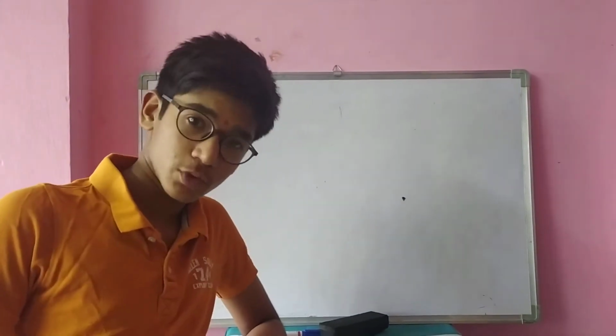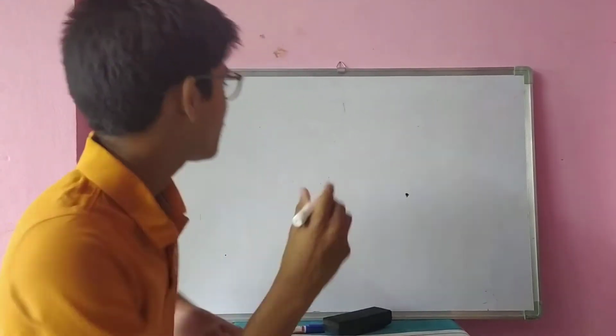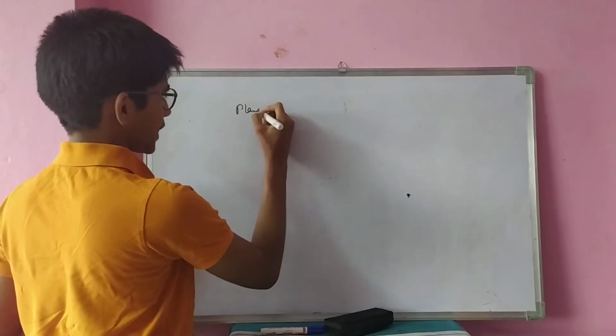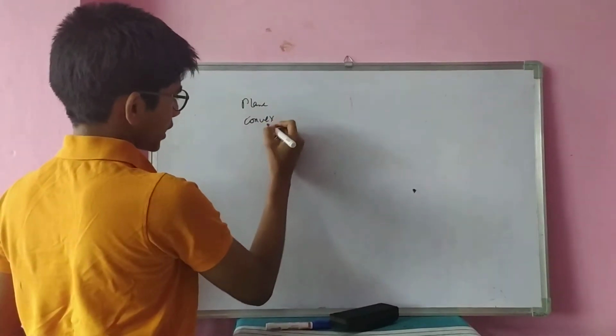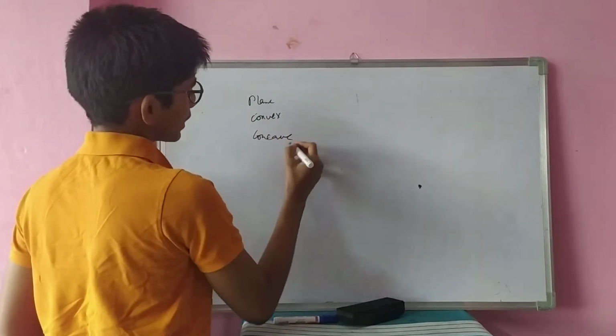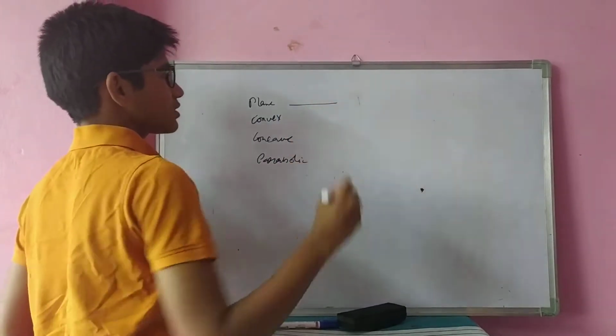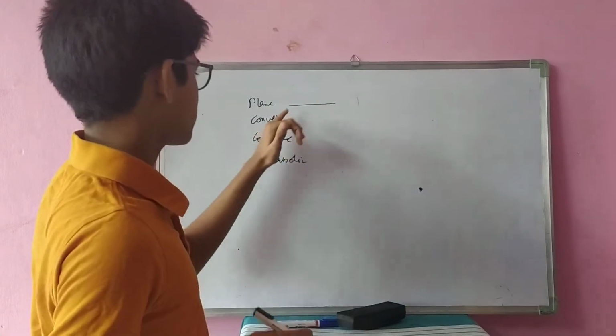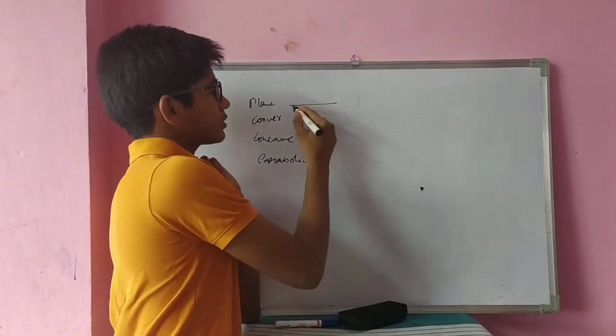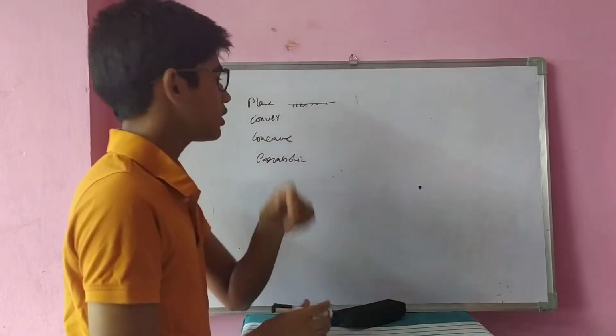In the previous video, we discussed types of mirrors. Yes, there are mainly four types of mirrors: plane, convex, concave, and parabolic. We have been discussing for many days what a plane mirror is. Plane mirror in the sense this.